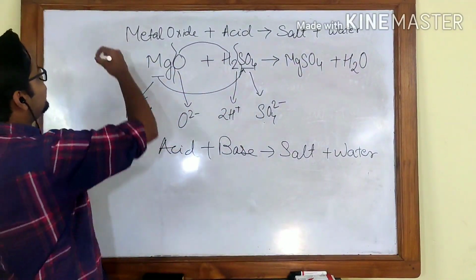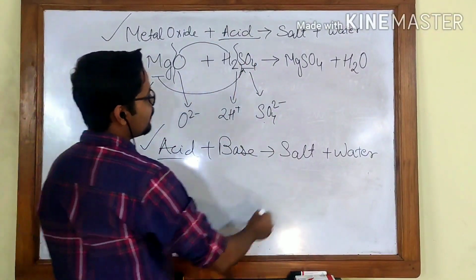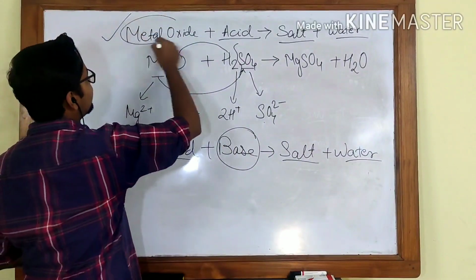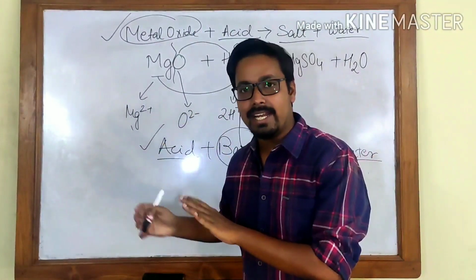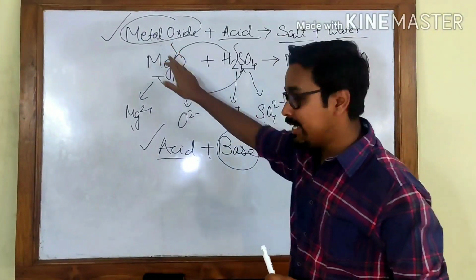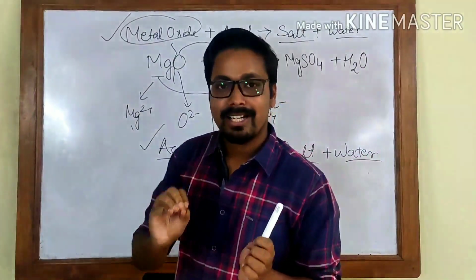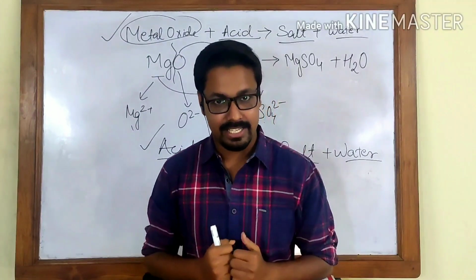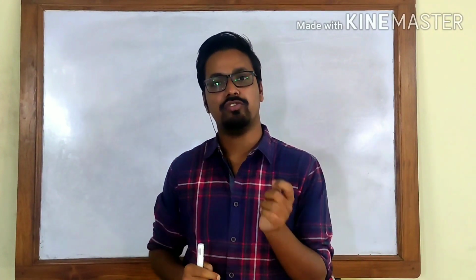If we want to relate this equation with this equation, what we see here is all these things are the same. Acid, acid, salt, salt, water, water. In place of base, here we have a metal oxide. So looking into the similarity of these reactions, we can easily state that metal oxides have basic properties. Okay, so metal oxides will act like a base. So remember this point, that metal oxides are basic in nature. They are not acidic, they are basic in nature. I hope that's clear. Now let us move on to the next reaction, which will be the reaction of non-metallic